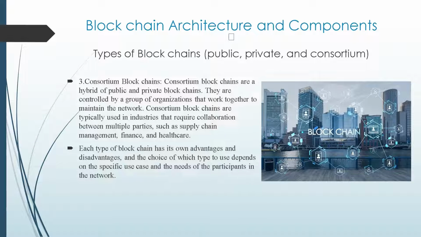3. Consortium blockchains. Consortium blockchains are a hybrid of public and private blockchains. They are controlled by a group of organizations that work together to maintain the network. Consortium blockchains are typically used in industries that require collaboration between multiple parties, such as supply chain management, finance, and healthcare. Each type of blockchain has its own advantages and disadvantages, and the choice of which type to use depends on the specific use case and the needs of the